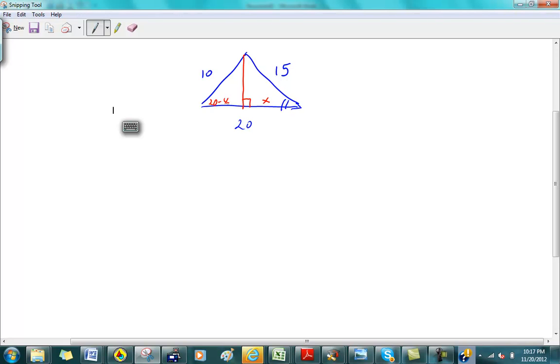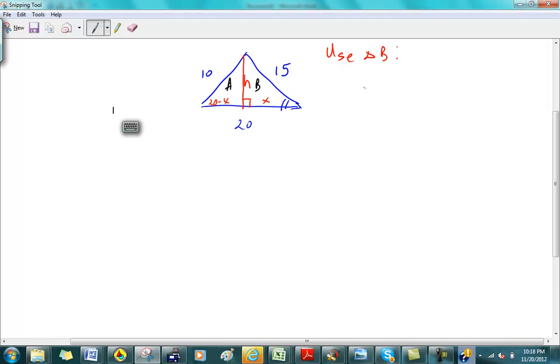Okay? And so that splits it up into two triangles, and I'm going to call this altitude that I drew h. Now think about it, there are two triangles here, triangle A and triangle B. Okay, so let's say I use triangle B. Let me do this in red. Use triangle B